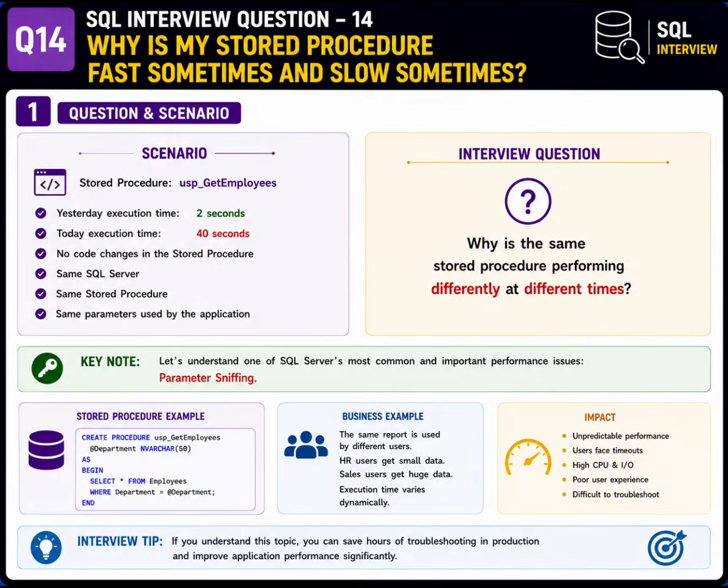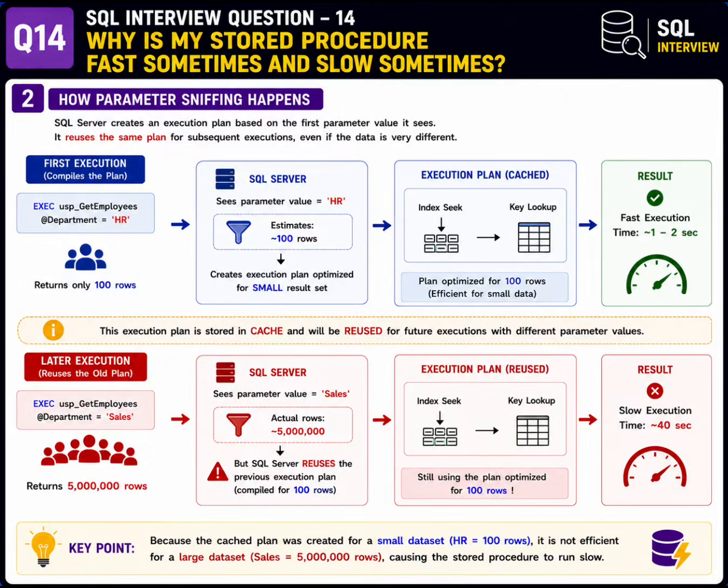SQL Server does not create a new execution plan every time. Instead, during the first execution, SQL Server looks at the parameter value. For example, execute USP_GetEmployees @Department = 'HR'. Suppose the HR department has only 100 records. Then what happens? SQL Server creates an execution plan optimized for those 100 rows and stores it in the plan